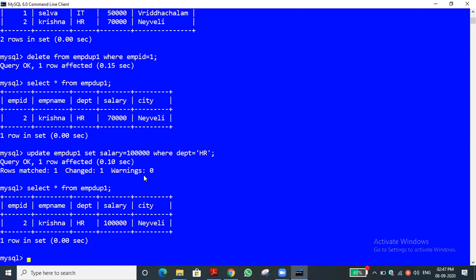For example, Sriram said one example, sir, all the HR people, the salary we want to update. If you want to do it for a group of people, then we can take the department. The salary is set based on the department they are working in. Or else, for a particular employee who is working very properly, if we want to give a hike, some increment, then we do it based on the particular employee ID, not by name. Suppose two Krishnas are there. If we give employee name equal to Krishna, two Krishna values will get updated. Suppose in this case it is okay.